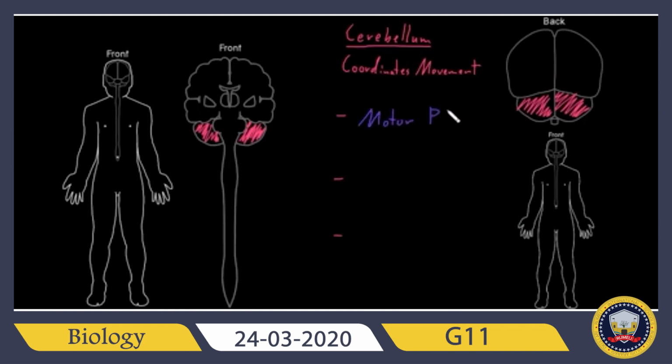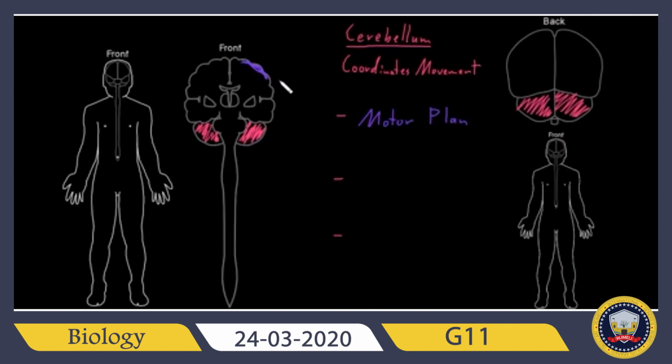Motor plan. And the motor plan involves which muscles need to contract and at what intensity and what duration. How strongly to contract those muscles and for how long to contract those muscles to do some kind of movement that you want to do. And don't worry about the anatomy of this stuff for this introductory discussion of the cerebellum, but in other videos we can go into more detail on how the motor plan is developed up in areas of the cerebral hemisphere